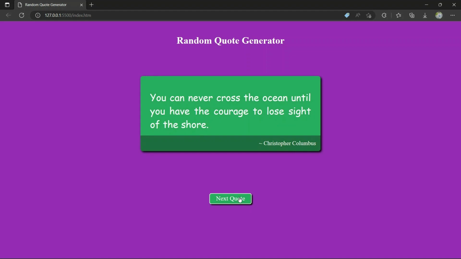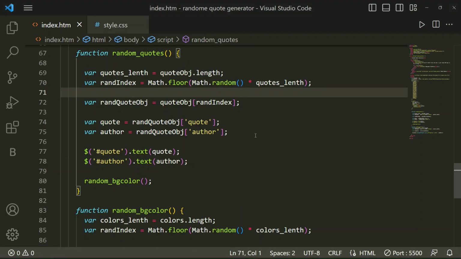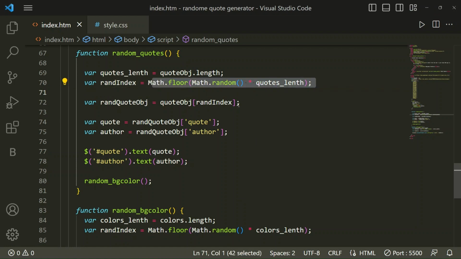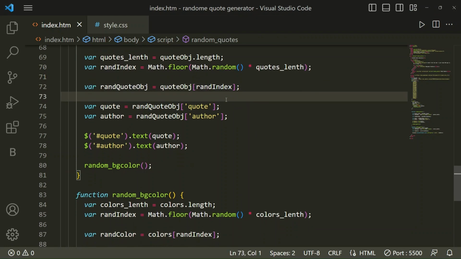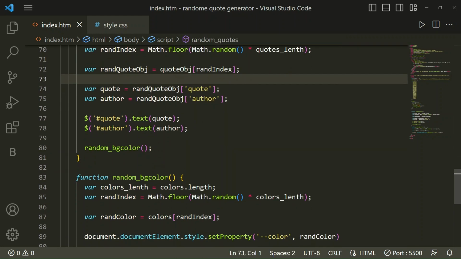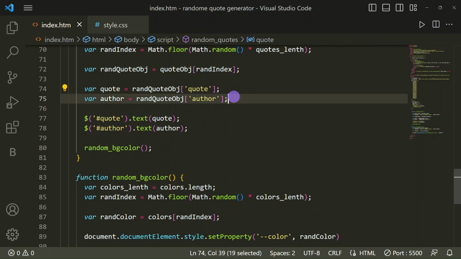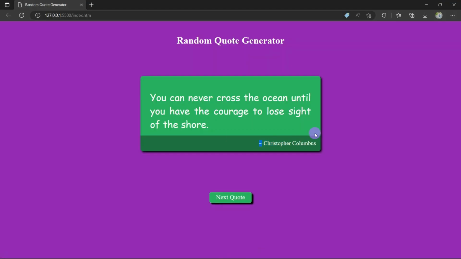See, the size of the div has increased. Then a random codes object at random index. Then we have taken random code and author. So here it should be placed: the author name, and here the random code will be there.